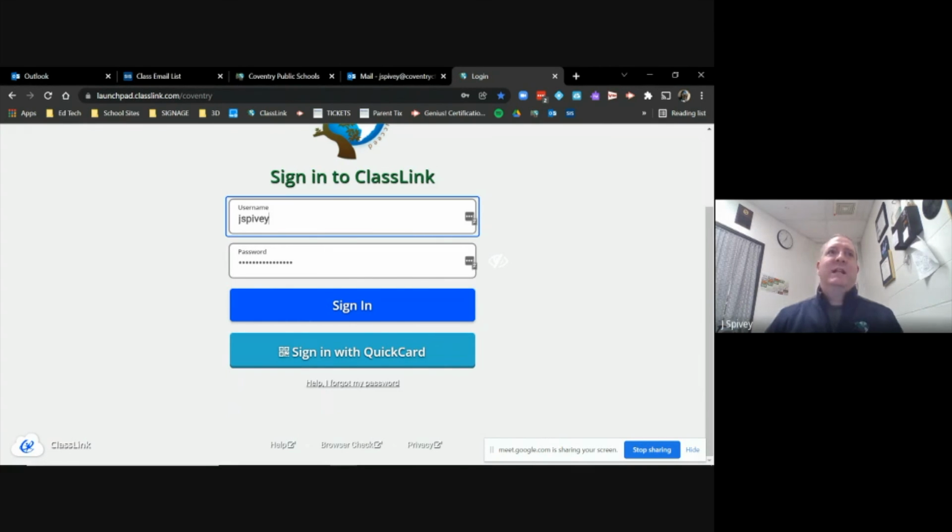If you go to launchpad.classlink.com/Coventry, and you put your username and password in, and you click sign in,